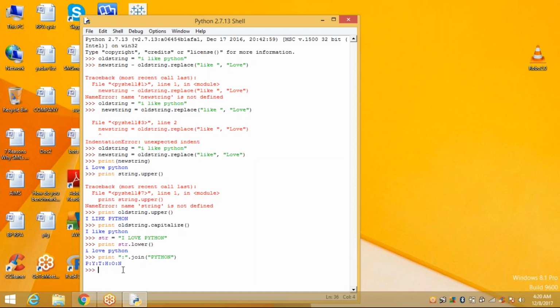See here, print, dot join, reverse of what we have defined here, str.